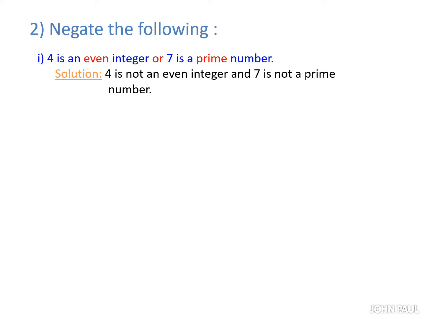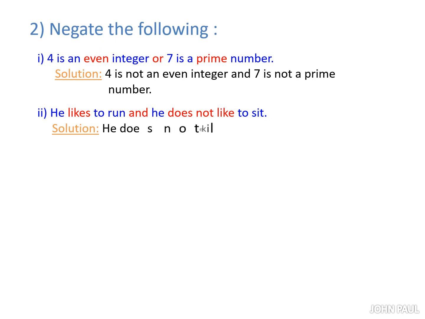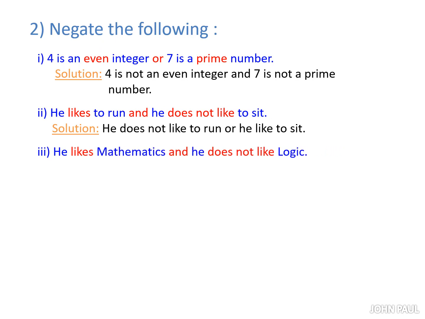He likes to run and he does not like to sit. The negation is given here: he does not like to run or he likes to sit. We just wrote the negation. Third one: he likes mathematics and he does not like logic. The negation is